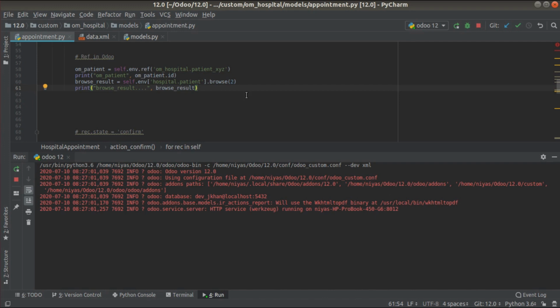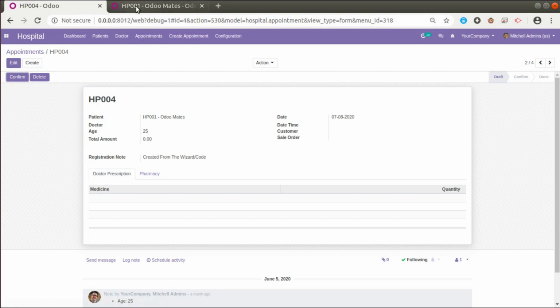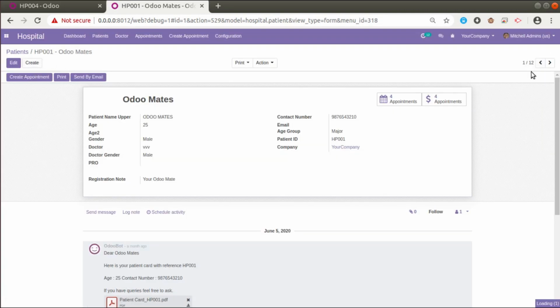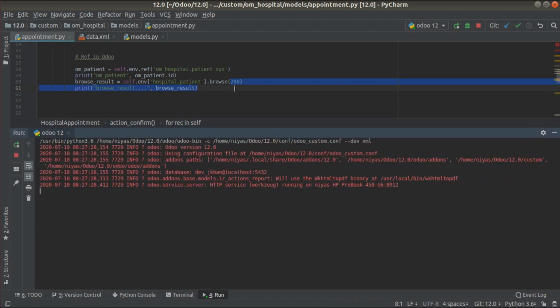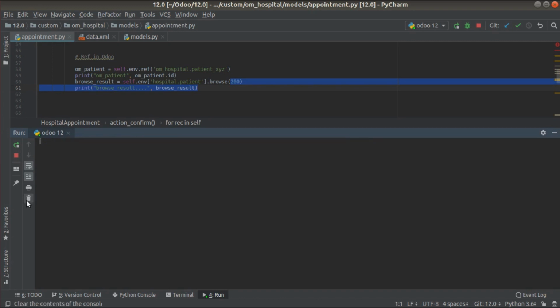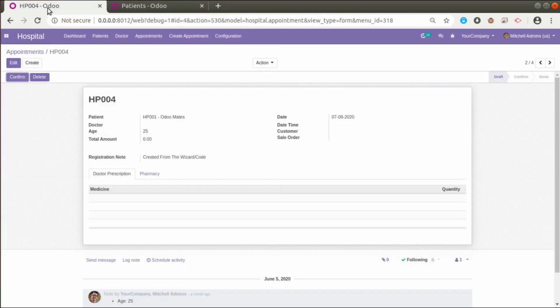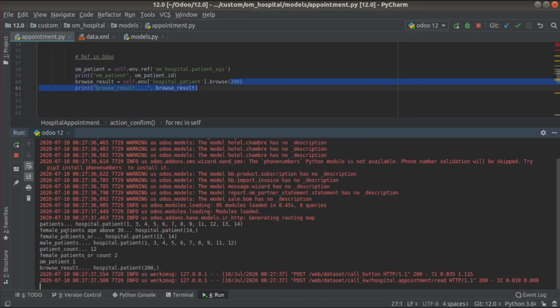So let's see what happens if I give a non-existing record ID. If I go here in the database, we have around 12 records. So let me give a non-existing ID, I know we don't have a record with ID 200 inside the database, so I will be passing a non-existing record ID and see what we are getting. So I have passed 200, which does not exist inside the database. And if I come to the UI and click on the confirm button, you can see it's still returning hospital.patient of 200, but there is no record with this ID inside the database.